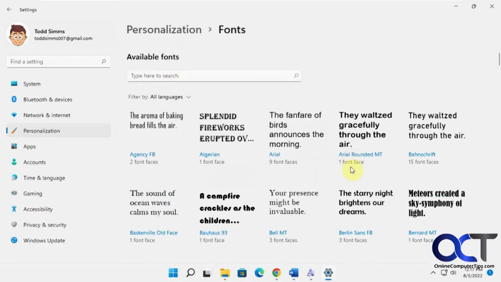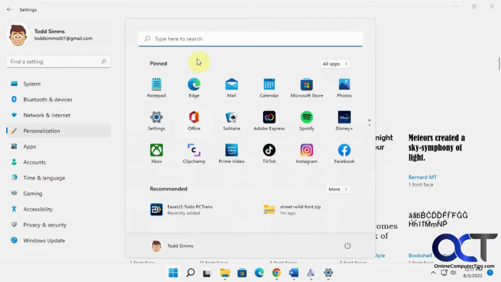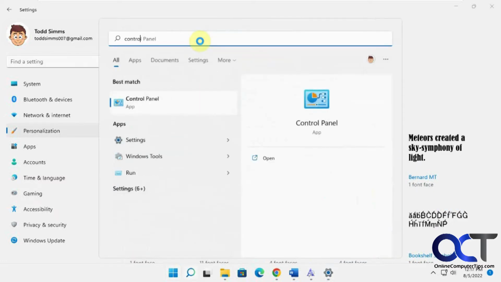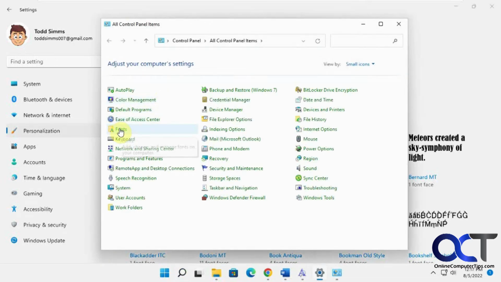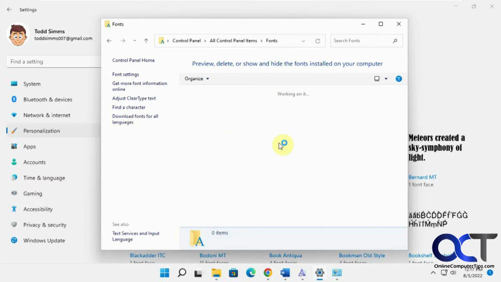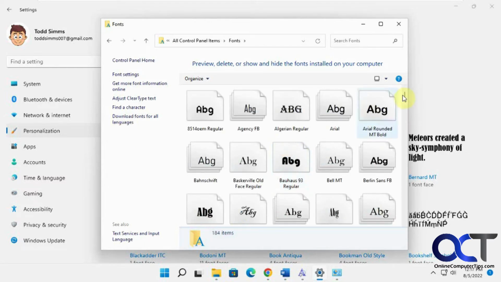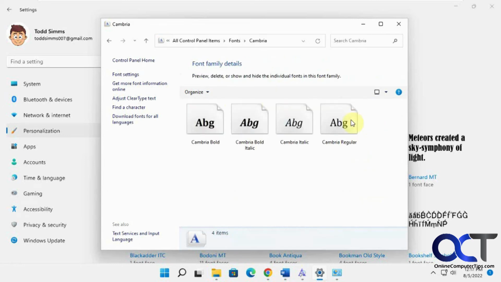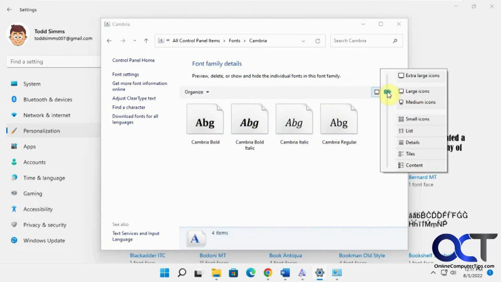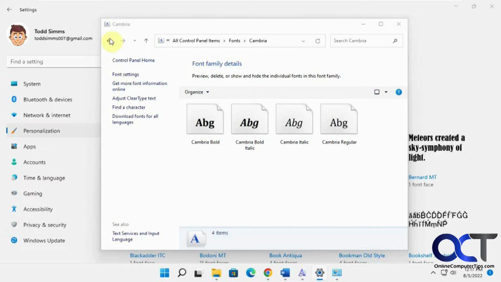You could search for them as well, or you could go to Control Panel. And then you have a fonts folder here. And then you could see the same thing, your fonts there, and you could just double click on one to view it, change the size for the view, settings,